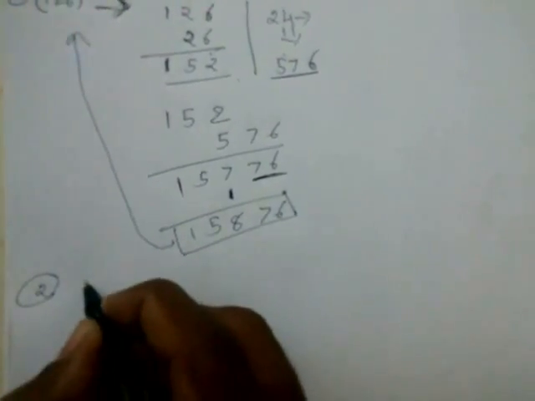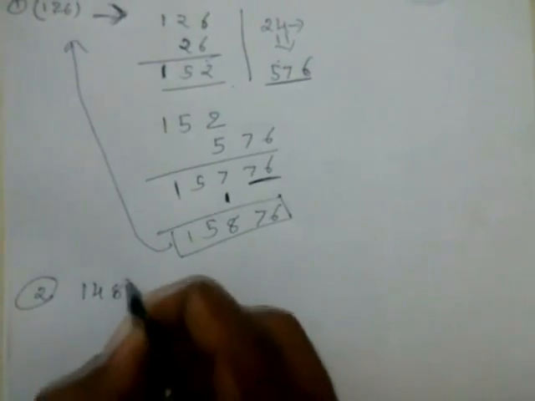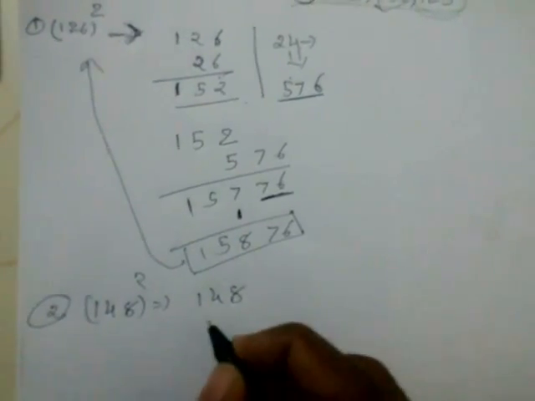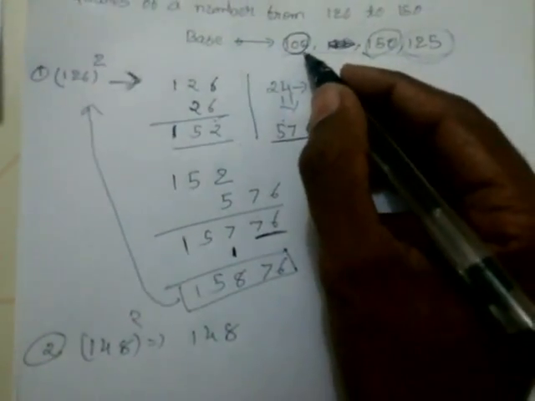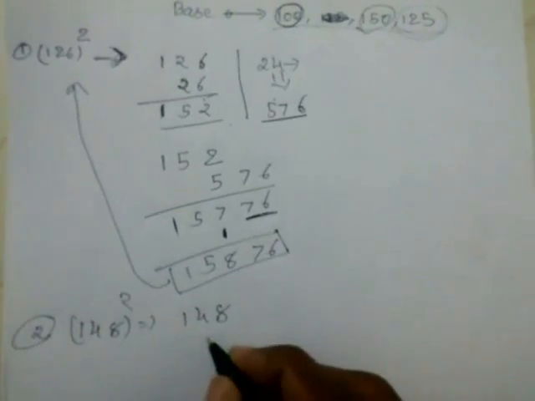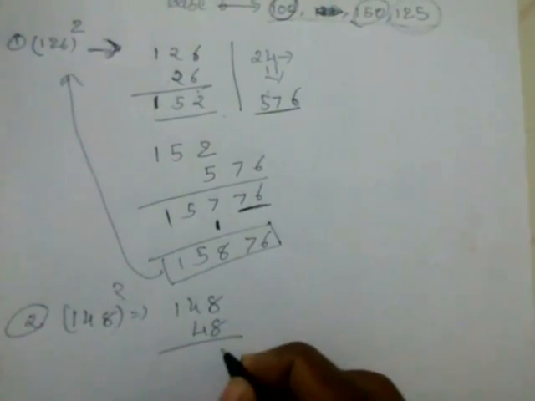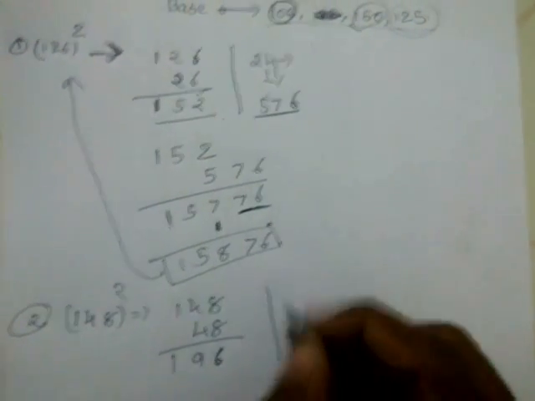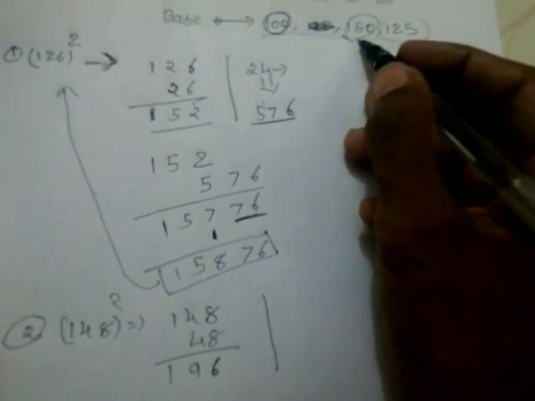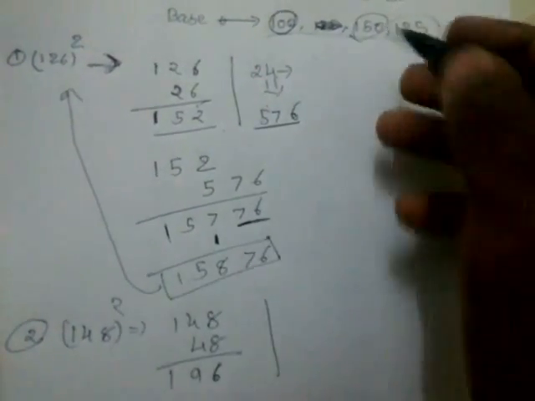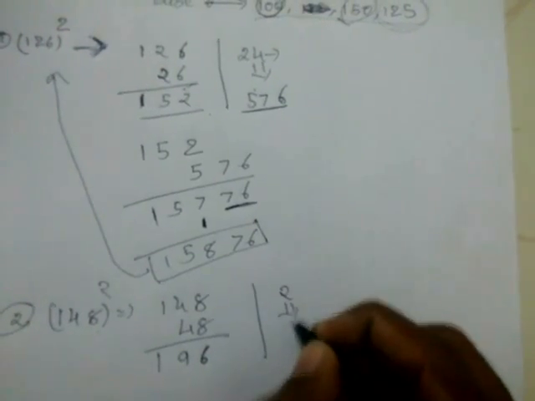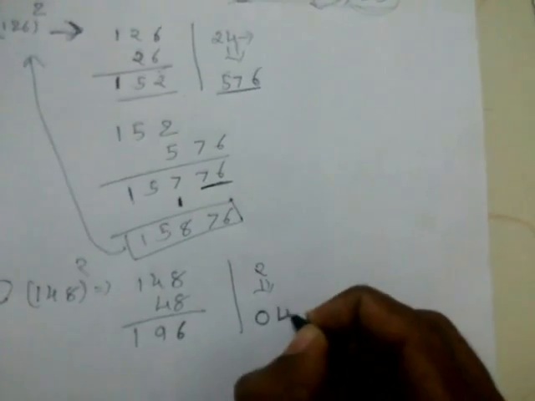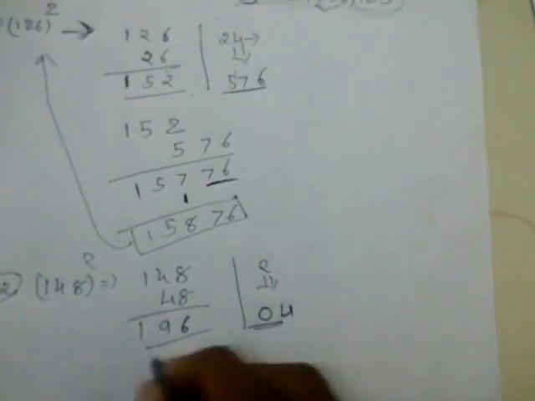Let's take a second example, 148 square. So in the first step, 148, and we'll use the base 100. The difference between 148 and 100 is 48. We'll add 48 here. We get 196. In the second step, we use the base as 150. So the difference between 148 and 150 is 2. And the square of 2 is 4. But as it is a single digit, we'll put 0 as a prefix. By making the combination of these two,